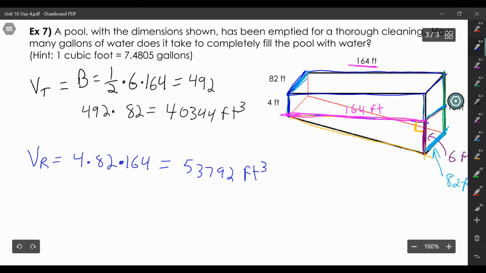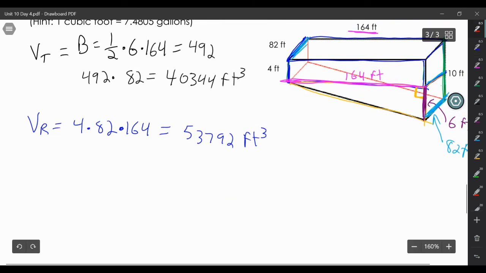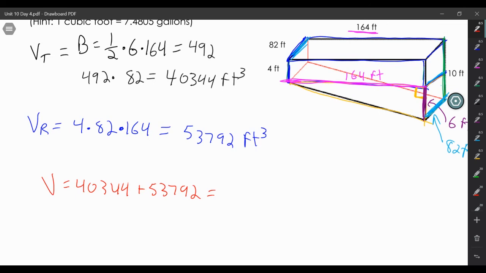So altogether, the total volume, we're going to add up these numbers, and it gives us 94,136